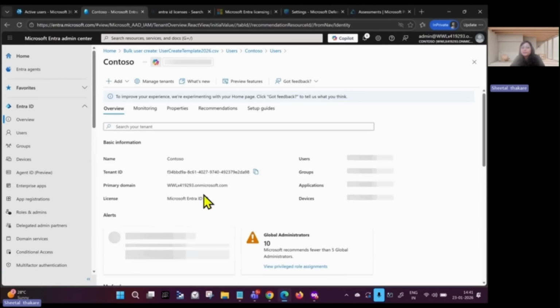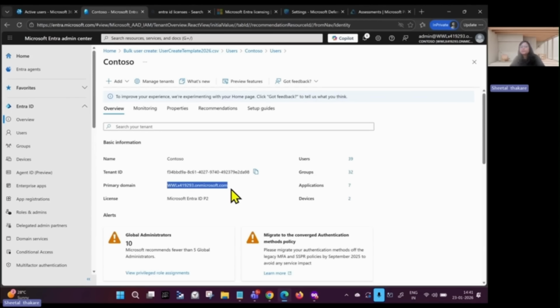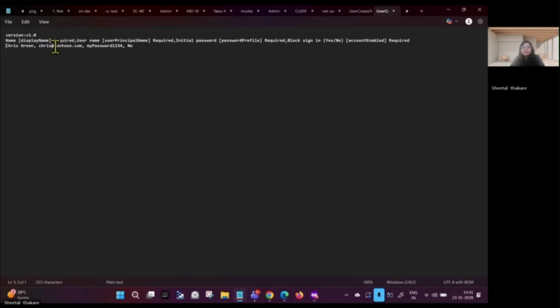Go to the Entra overview. Here you copy the domain, modify here, and we are creating the user SC-903. So we say SC-903 @ with this password, and account is blocked, no. So I select this and copy it for the SC-904 user, and one more time for the SC-905 user. And we save this